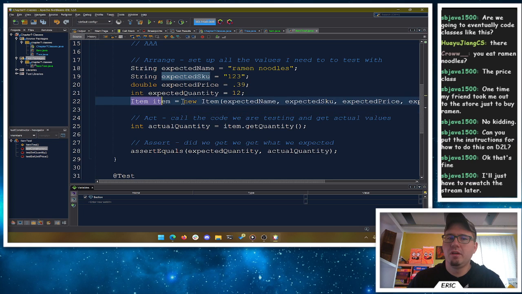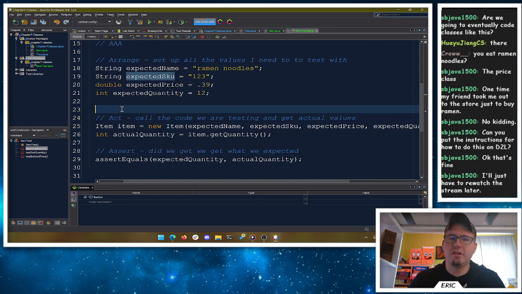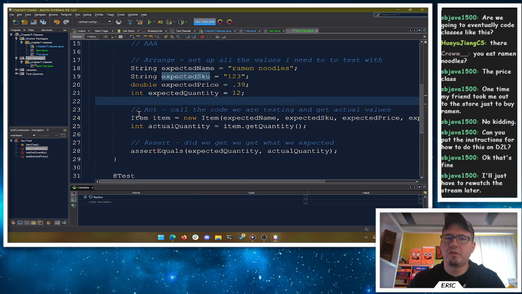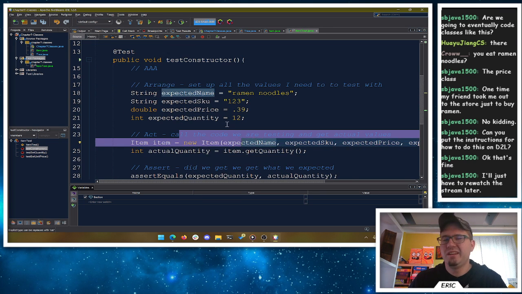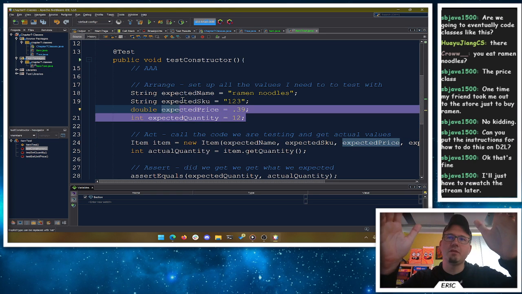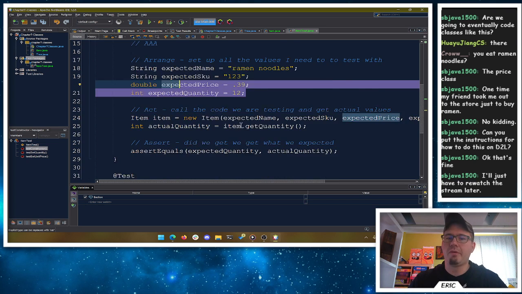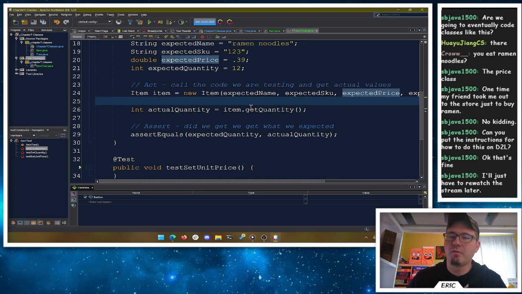So now, the constructor is actually what we're testing. So I'm going to move this into the act section, because we're explicitly saying we want to test the constructor code here. That's what we're testing. It doesn't matter too much, but again, we want to try and follow this convention. We're going to set up all the values, we're going to call the code, and then we're going to see if we got back out what we expected. So I'll then go get, I'm going to run all the gets right here.